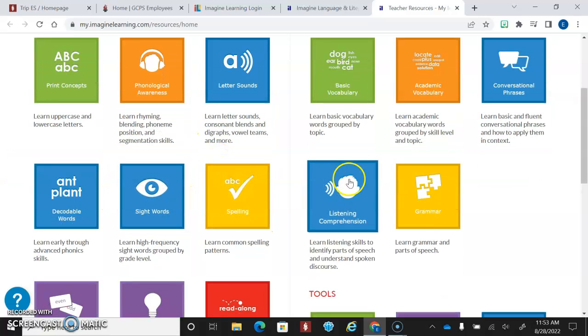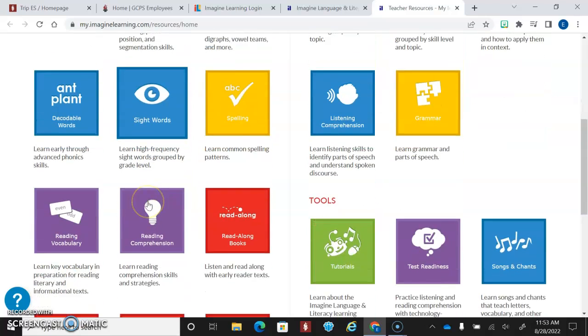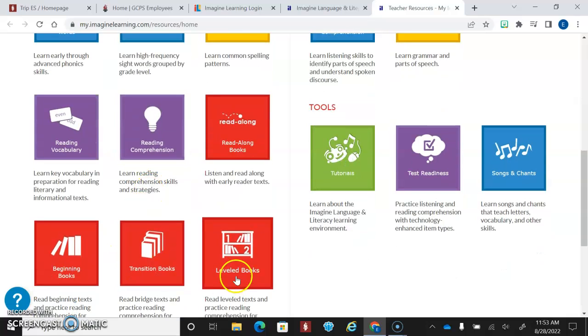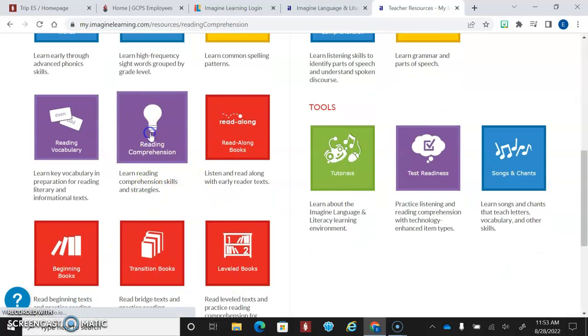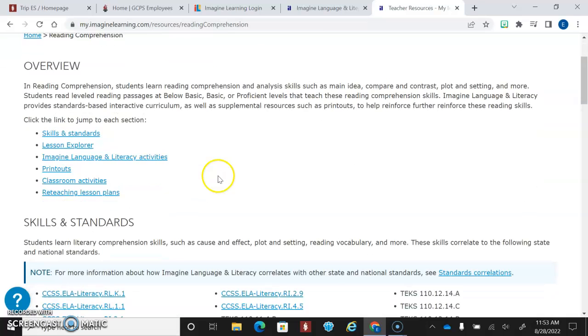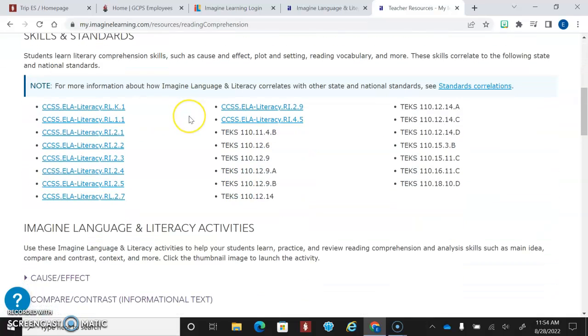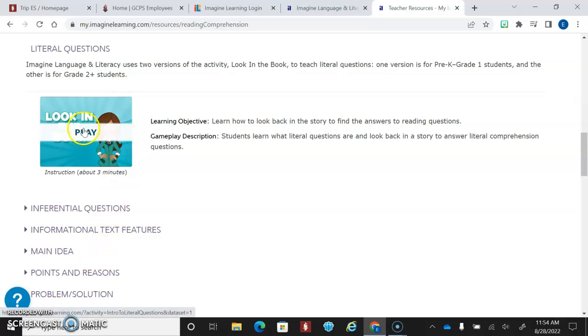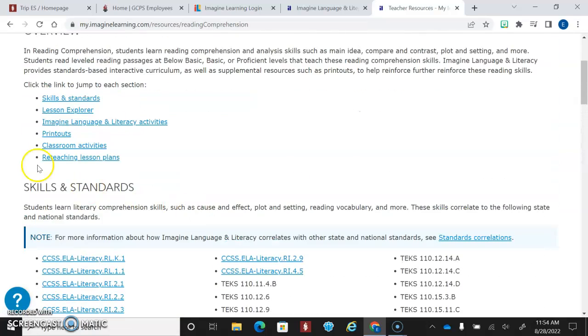They have sight words and comprehension, vocabulary, reading vocabulary, read along books. They have reading comprehension. They have different things here, okay? So let's just do this one, reading comprehension. And you can come down here and look and see what the different topics they have. So for literal questions, okay, if you want to do a small group with your ESOL students, you can actually play this and kind of walk through the lesson with them, okay. If you go to printouts up here,